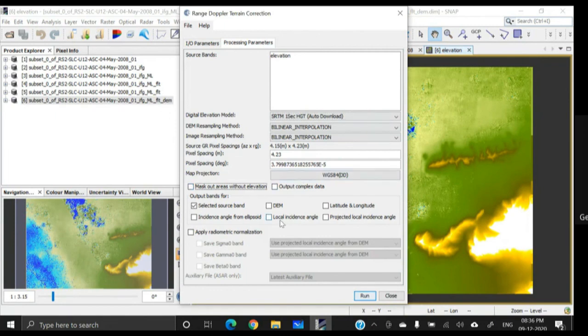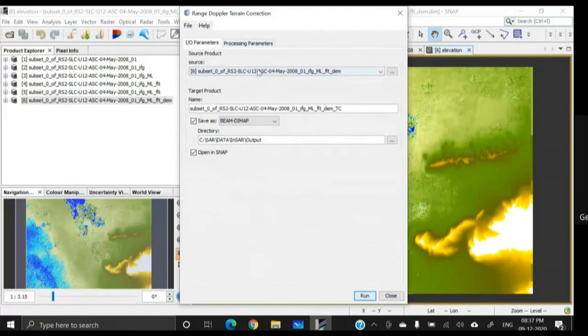Also importantly, in the output bands, the selected source band will be there, and also check this one, DEM. This SRTM 1 arc second HGT DEM will also be in the output, because I want to compare these two outputs: one is the original interferometric DEM, and the other is the SRTM DEM. So just do this.